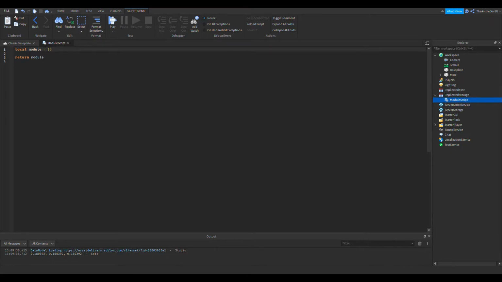And I do have a tutorial on object-oriented programming. It's not super practical, but I think it represents it in a good way. So if you do want to go back, you could watch that real quick, get some prerequisite knowledge for this. I'm not going to fully go over how module scripts work again and stuff like that.